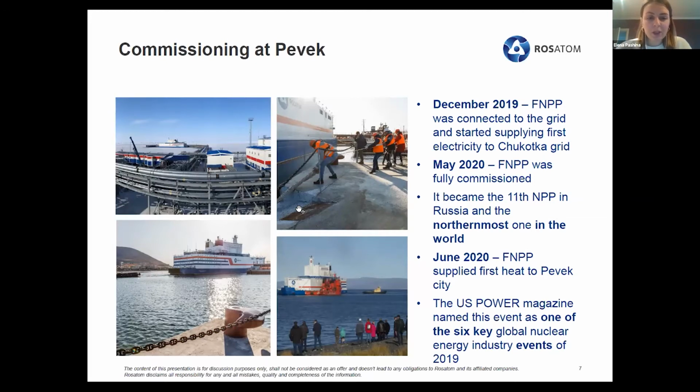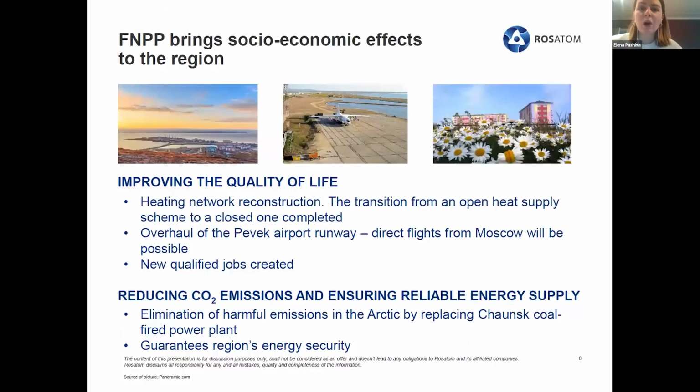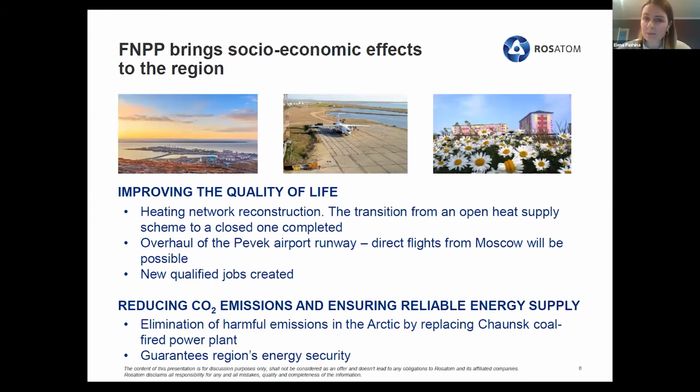Okay, moving on. What is going on now down there? Today, the floating nuclear power plant provides reliable and clean heat and power supply to living areas, which is very important, making the snow whiter down there in the north, and also ensures the industrial